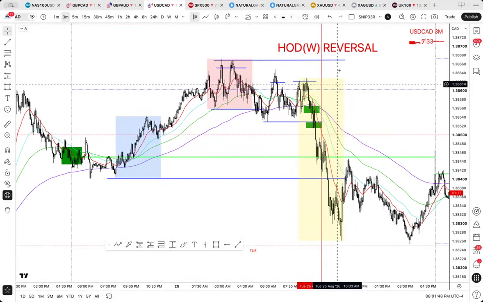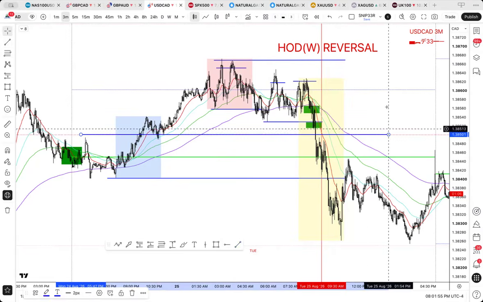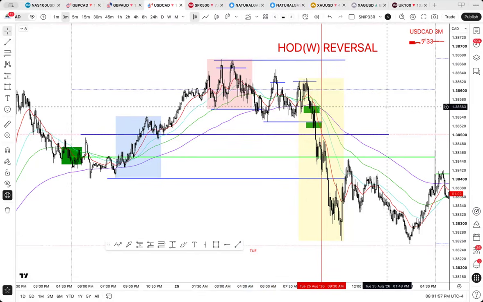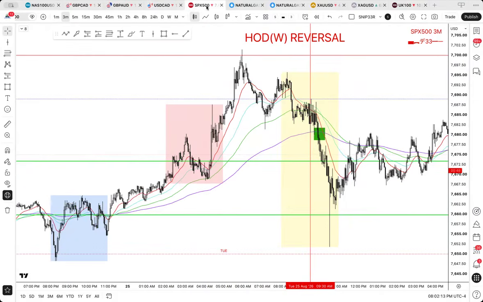We're above 50, which is 50% of the box, the real box from 0 to 0. And again, this is a high of week reversal if this is what you are looking for. It's the same setup, different pair, different variant. Does it matter? And again, this was the SPX today at the high of the week after they triggered the